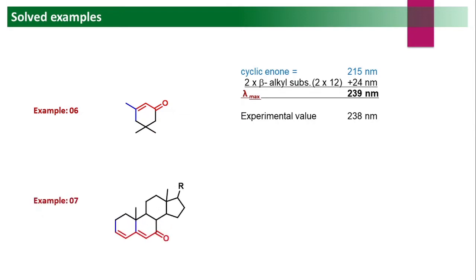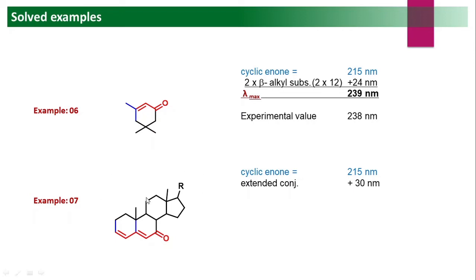Now the last example for this lecture. Suppose this is our enone system. This is a 6-membered ring enone system, so the base value is, yes, correct, 215 nanometer. So the cyclic enone base value is 215 nanometer. Now this double bond is extra in conjugation, so extended conjugation. For each extended conjugation, each extra double bond, we have to add 30 nanometer. Is there any homocyclic? No, there is no homocyclic.